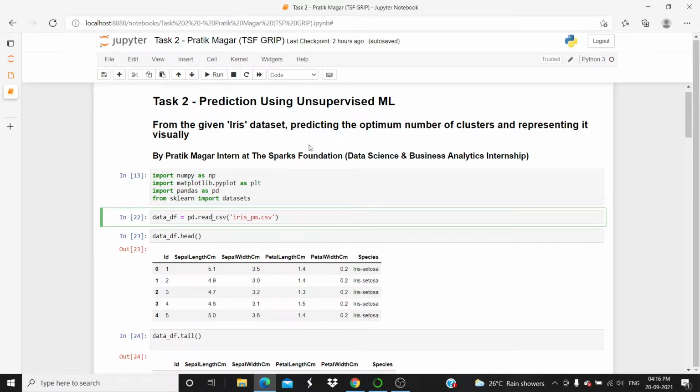It will read directly by giving its name. We will store the dataset in data underscore df. To see what is there in the dataset, we use dot head, which shows the first five rows in the dataset.